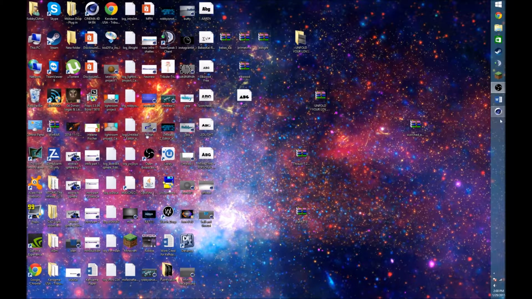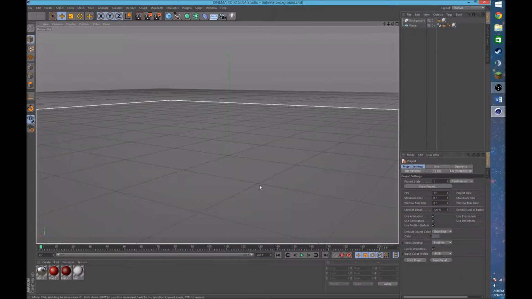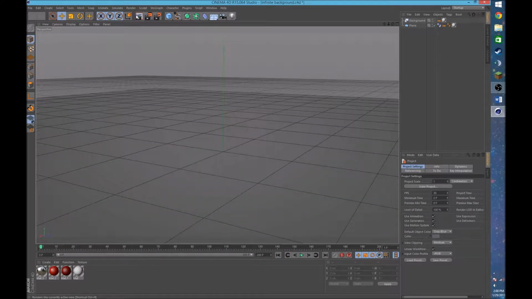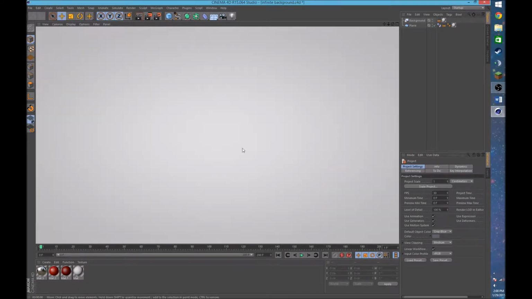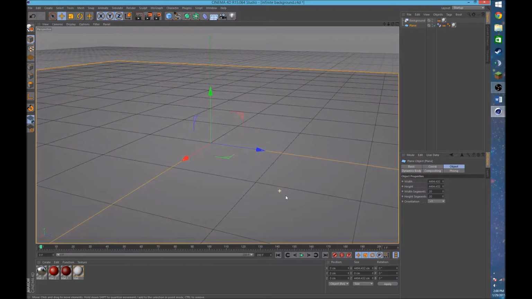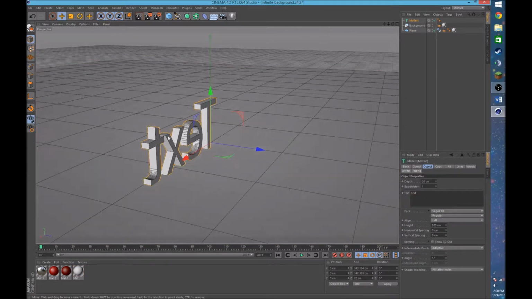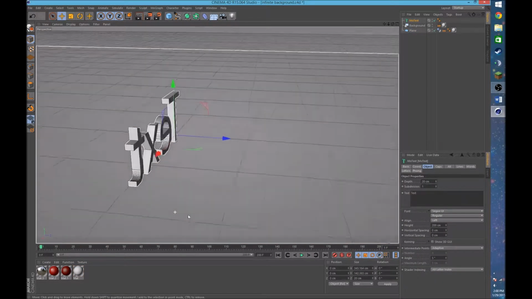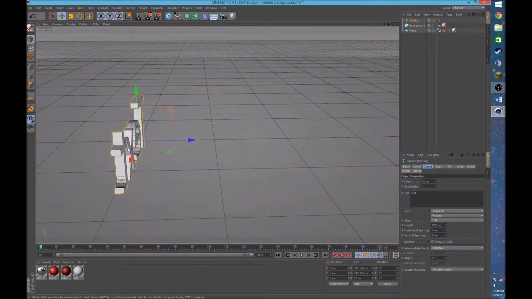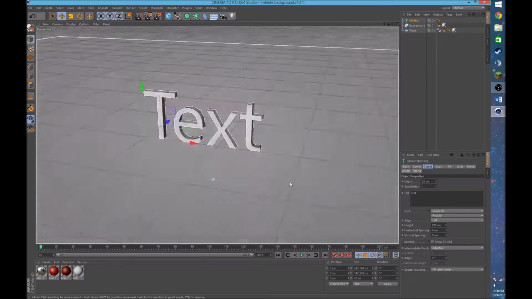So let's get on with it. So pretty much what I do is I have this infinite background here, just looks really nice, and what I'm going to do is throw down some text. We'll go to Mo Text, or you can honestly do this with everything. So we'll go ahead and position ourselves here,